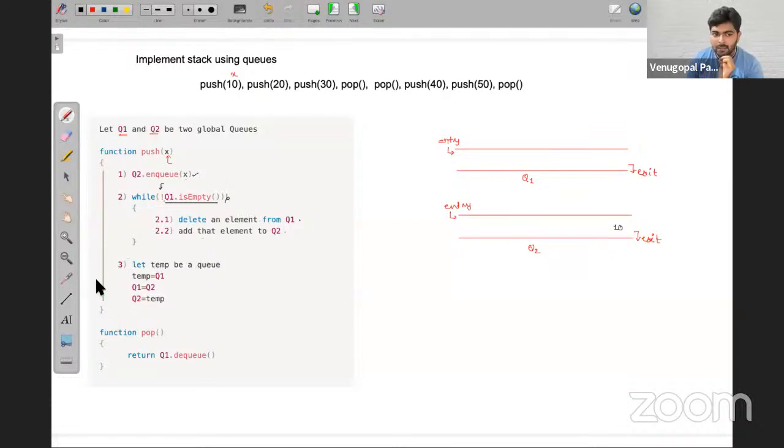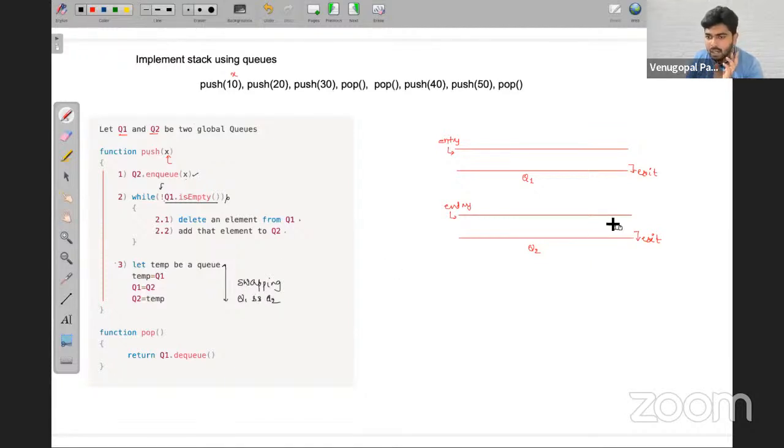In the third step, what I'm doing, if you see here, what is this operation, friends? This operation tells swapping the contents of Q1 comma Q2. You are basically swapping Q1 and Q2. You are swapping these two.